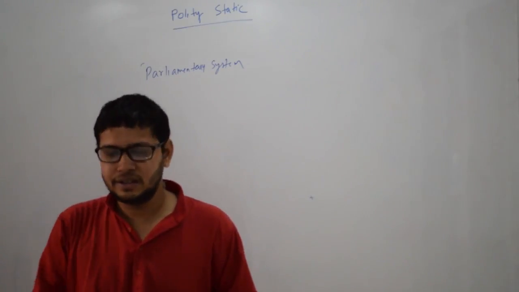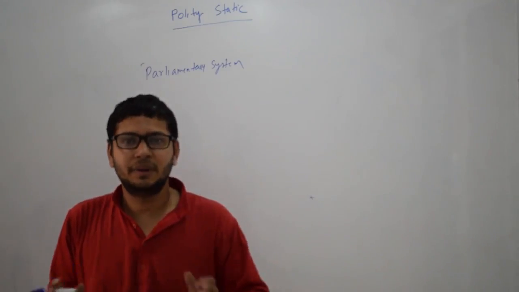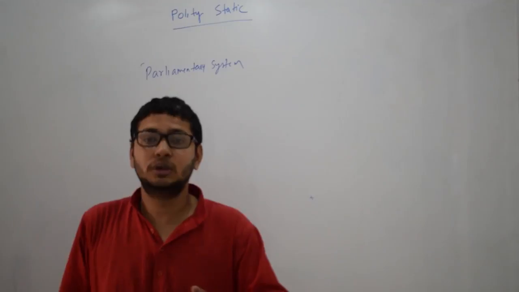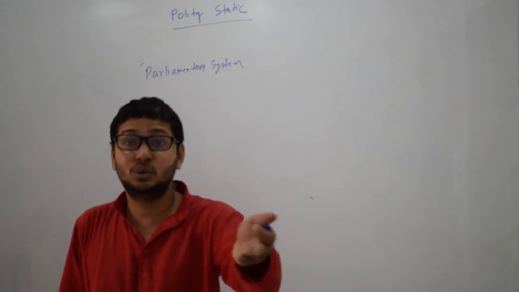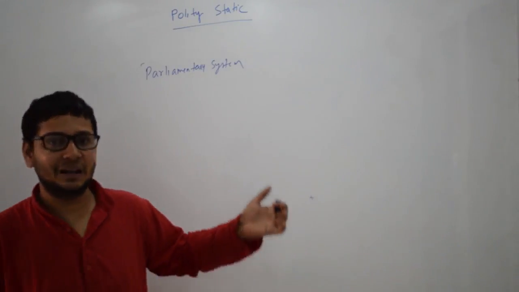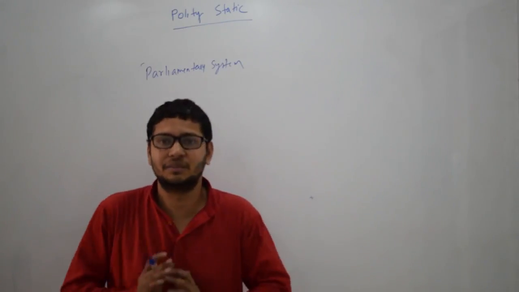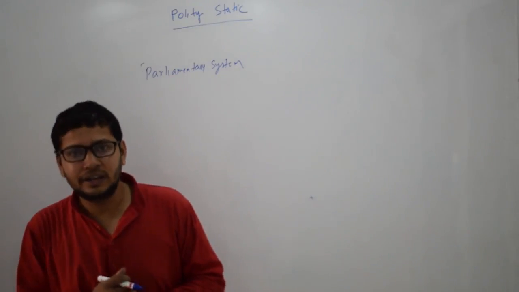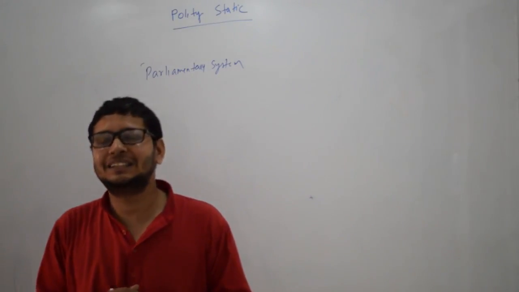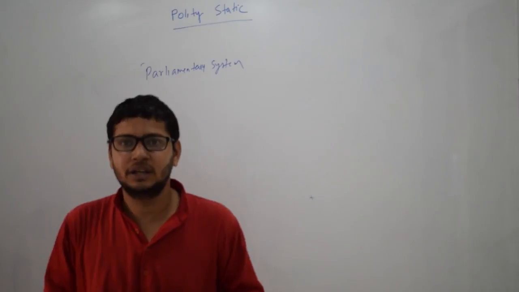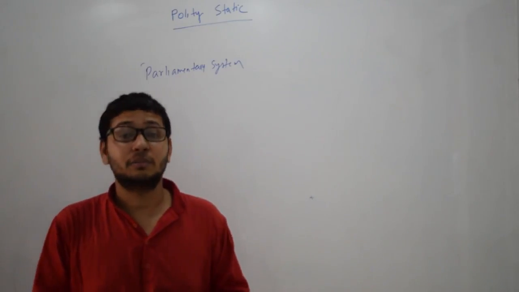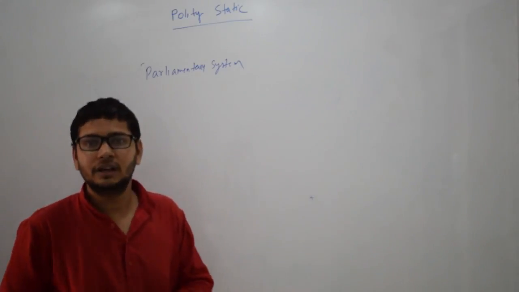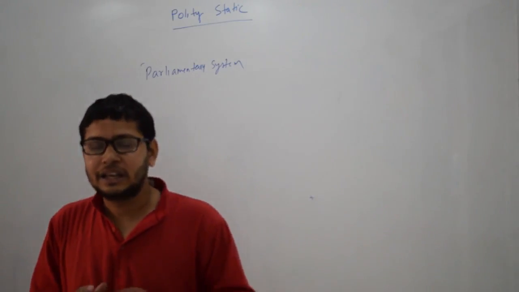This chapter looks very easy, and many people don't even read it. But that is where they make the mistake, because last year 2 to 3 questions were asked from this chapter: parliamentary democracy, parliamentary system, role of cabinet, everything. That is why it looks very easy. But UPSC has been testing the basics of the aspirants for the last 2-3 years. Therefore, my job is to make sure that you don't take these chapters casually, and you should focus on keywords